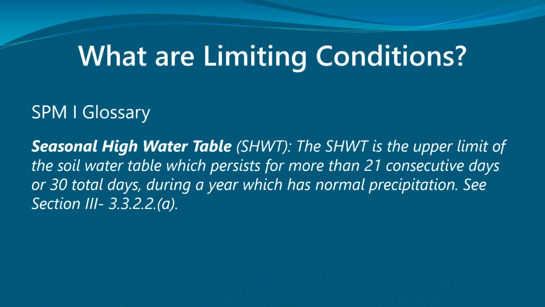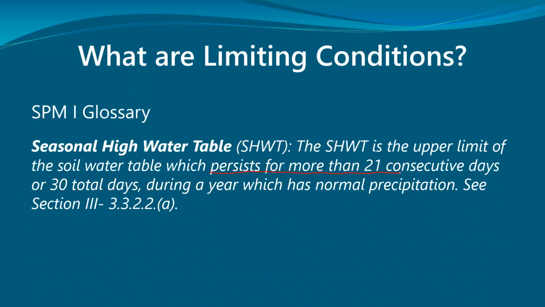Seasonal high water table is the kicker, and seasonal high water table has a specific definition. It actually has to persist for a while, more than 21 consecutive days in a typical year is the short version. And that's a good thing, because otherwise we would have limiting condition right to surface in most parts of the province, probably all parts of the province. Down here in November, December, and January, there are weeks where it's almost completely saturated right to surface. So good thing we have the definition that says it actually has to last for a while.